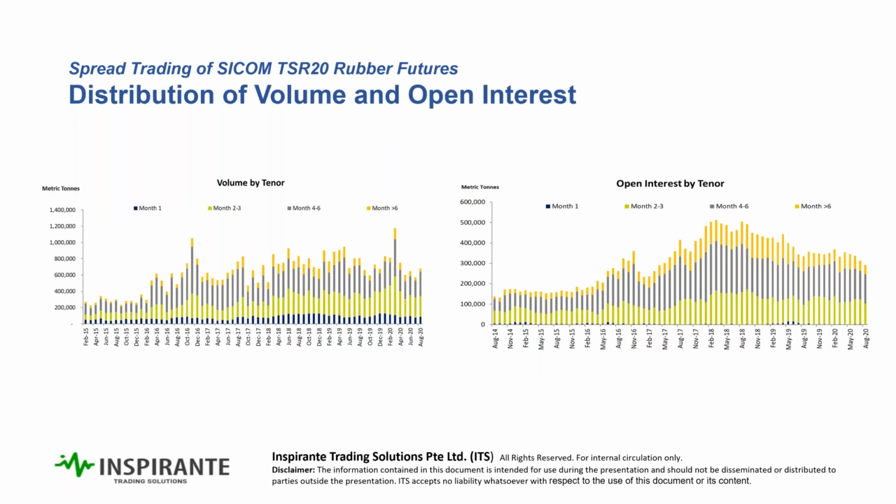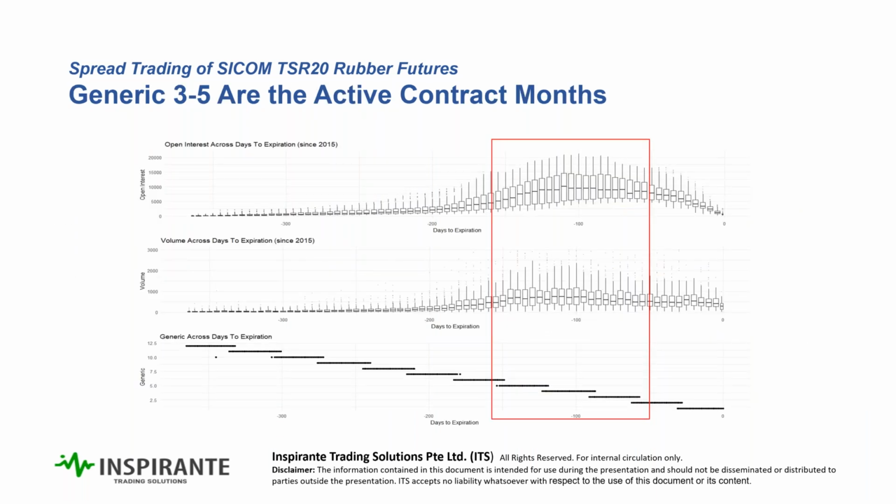And then to look at the volume and open interest distribution dynamics, let's take a look at this too. It basically describes how there are 12 contract months, correct? So it describes how the volume is distributed across all these contract months. A quick look at this. Other than the spot month, which is the first month, most of the volume would be between the 2nd to the 6th contract. Now, this is necessarily so for one reason or another, but need not concern yourself with this right now. Just know that for SIMEX rubber, the 3rd to the 5th month are the most active